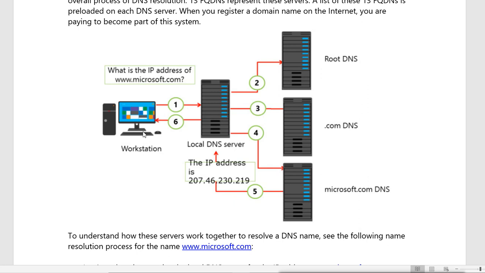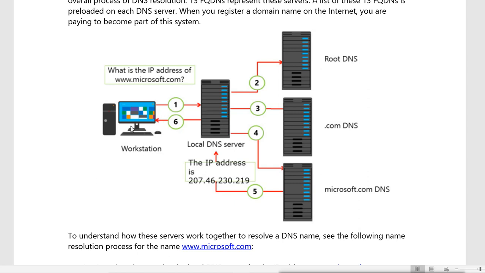Now when you connect to the internet, you will get the DNS server IP from your ISP, your service provider. So the service providers have their own DNS servers which they use to resolve the names. Basically those servers are caching only servers. They don't have any records, they only cache. Still your query will go to that DNS server.